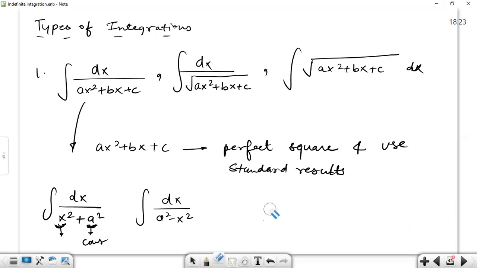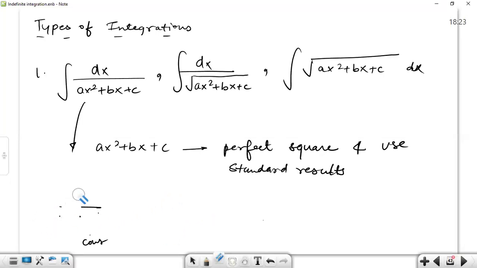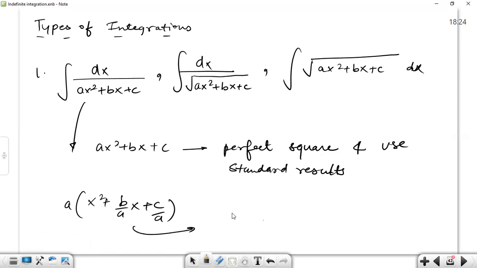Okay. And in the third case, we will make the perfect square of ax square plus bx plus c. And how we will do that? First of all, we have to make the coefficient of x square 1. So we will take the a as common, b by a x plus c by a. After doing this, what we will do is that we will